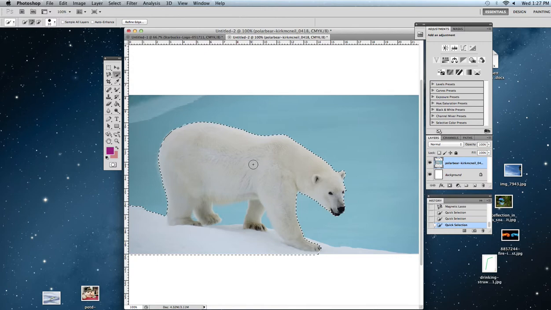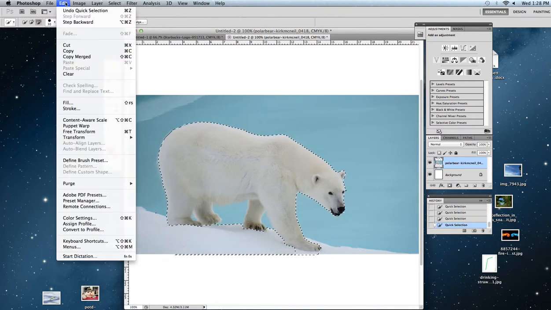Now, what you can also do is if you wanted to select your inverse. So if you didn't actually want your polar bear, you didn't want to cut your polar bear, you actually wanted to cut out what's around your polar bear, what you would actually do is select the inverse. Now you would just go,